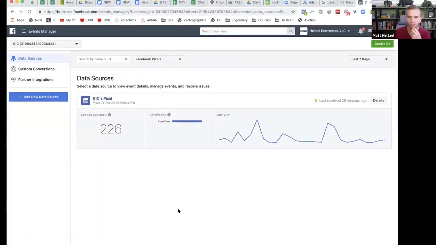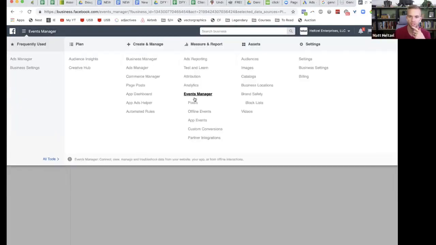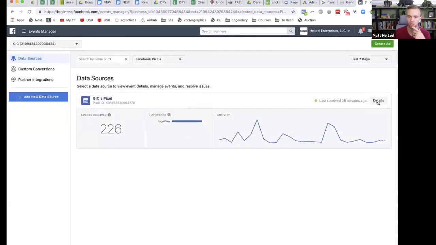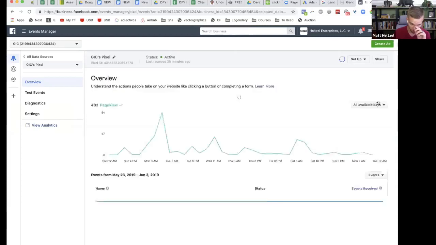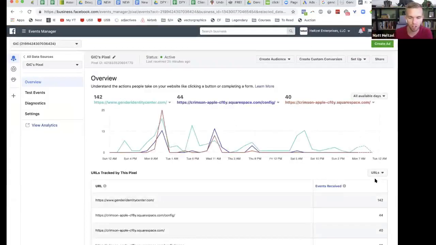All right, see this? So I opened up my Facebook back office. I went up here to the ads back office, and then I went to pixels. Clicked on pixels, and there have been 226 events received. All right, so now when I'm in the pixel here, you can go to events right here, or you can go to URLs. Follow me on this.